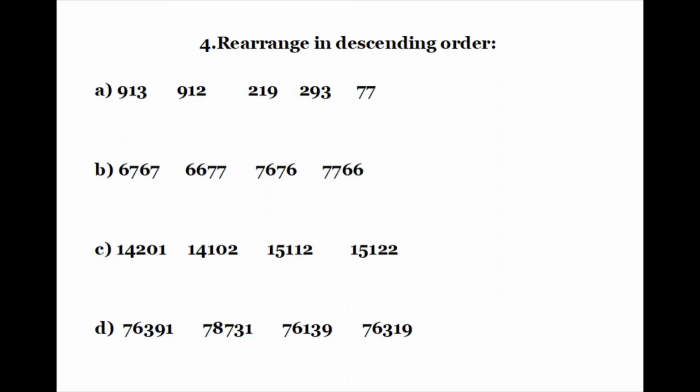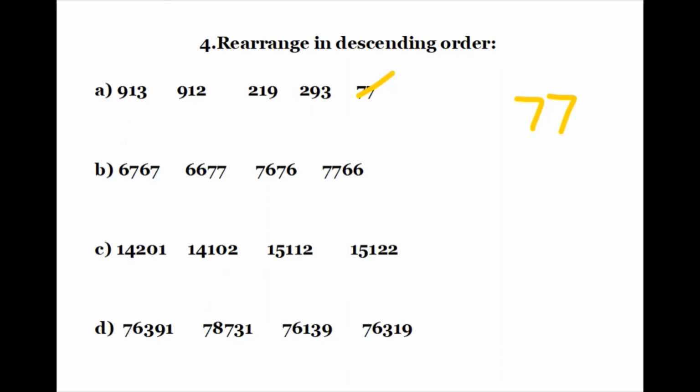Exercise number 4. Rearrange in descending order. Descending order would just mean from the largest number to the smallest number. So let's look at our data. 4a. Just by looking at it, we can see that 77 is our smallest number, so we put it at the end already. So we have 4 numbers left,